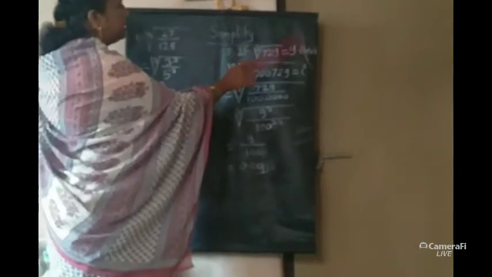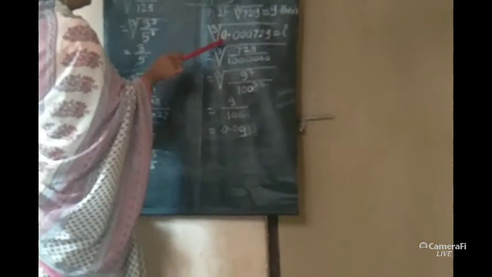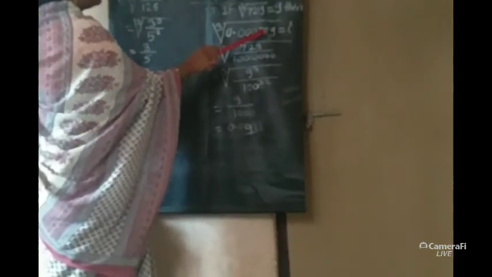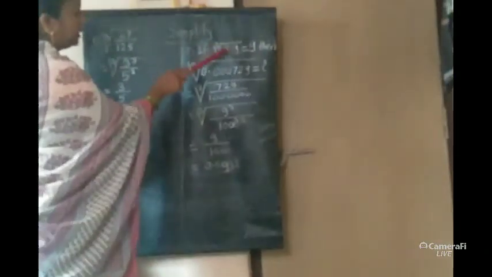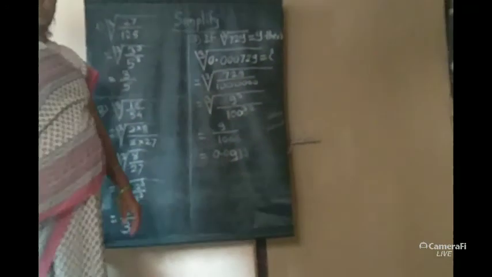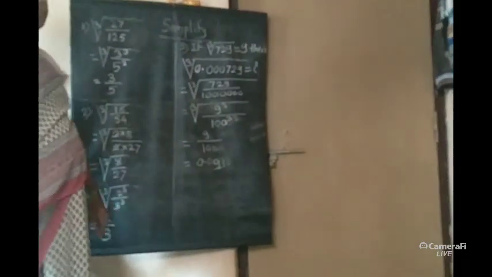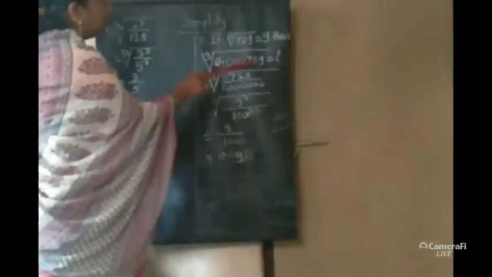If the cube root of 729 is equal to 9, they have given us the cube root of 729, which is equal to 9, then find this cube root. What is the cube root? Which number do we have to find? The cube root of 0.000729. We have to find the cube root of this number. Now if we compare these two numbers, the last three digits are the same, but here it is a decimal number, so we have to convert this decimal number into fraction form. So here are the decimal